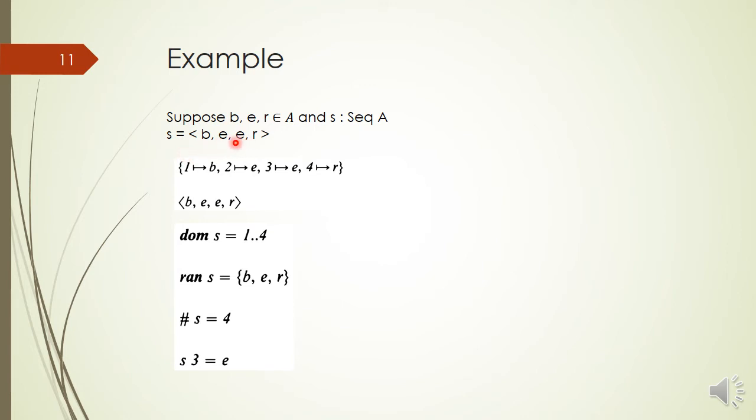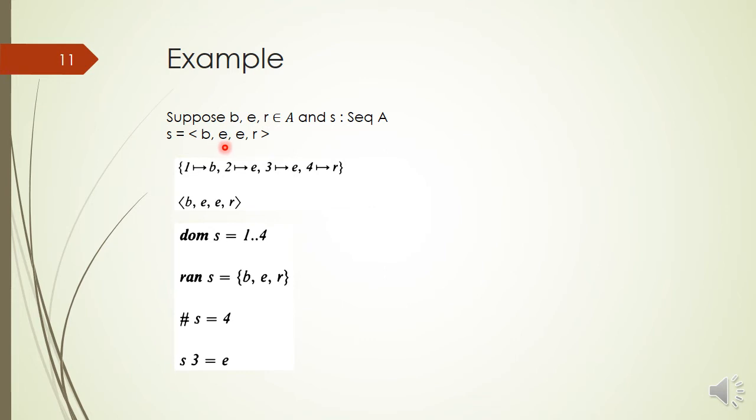Now consider we declare a sequence S on the set of all possible sequences from set A, and this is one possible value for variable S. And we have already discussed that the element appearing first has its order first, and so on.